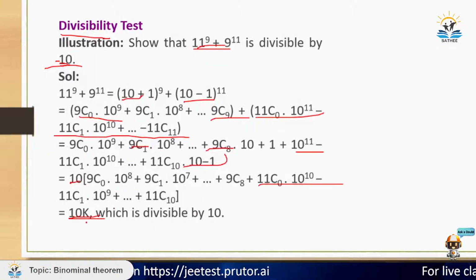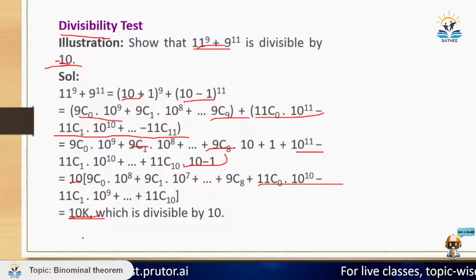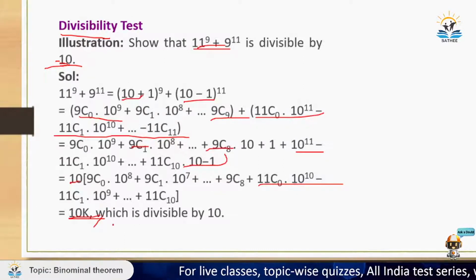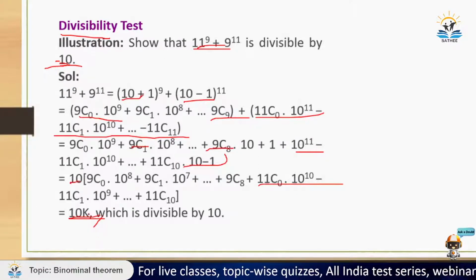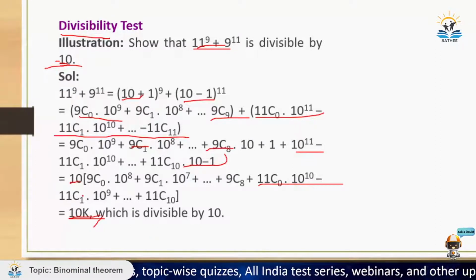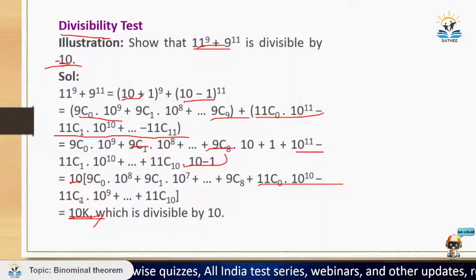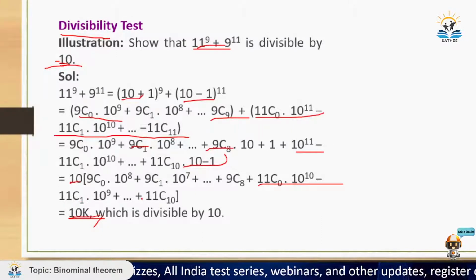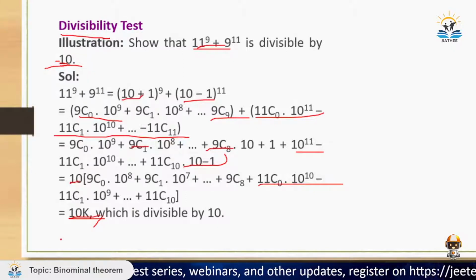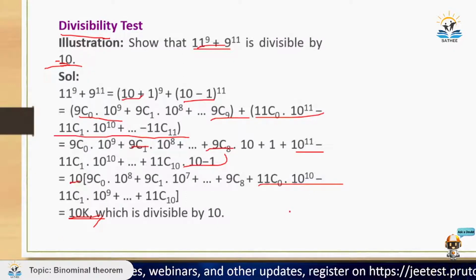सो बेसिकली अगर मेरे को 10 इंटू समथिंग टाइप की कोई चीज मिल रही है, इसका मतलब क्या हुआ, ये 10 से डिविजिबल है। वही तो मुझे चाहिए था कि ये चीज 10 से डिविजिबल है कि नहीं, ये मुझे दिखाना था, और मैं इसको 10 के फॉर्म में लिख पा रहा हूँ। सो आई हैव शोन दैट दिस थिंग इज डिविजिबल बाय 10 व्हिच आई वांटेड। कूल। तो आई होप ये समझ में आया होगा। ठीक है, आगे चलते हैं।